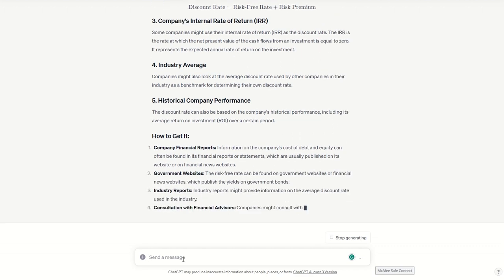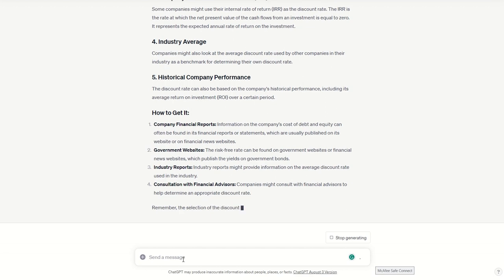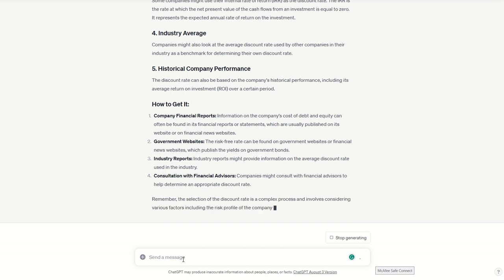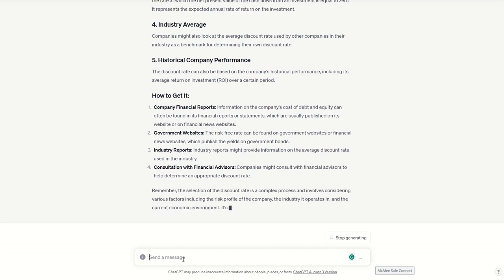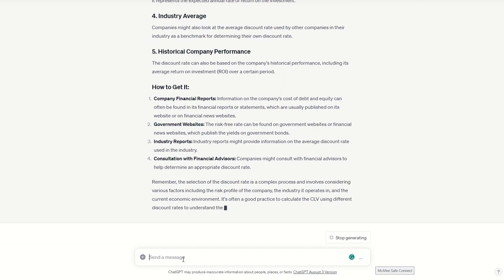Needless to say, the spirit should be investors demand of the company a certain rate of return. And so if the company is not able to achieve that return on an investment in the customer, then it's not worth doing. So I'll let it go over here for now, but let's dive into some of the other aspects. Should CLV be based on revenue or profit or something else?